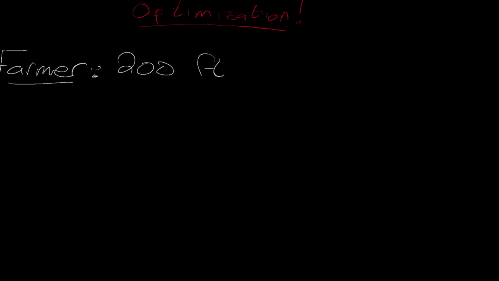Alright, so we're going to do some optimization. So the idea is that we have some constraints and we want to optimize a variable. So for example, let's say that you are a farmer and you go into your shed and you see that you have 200 feet of fence. Ooh. Alright, so you've got some fencing and you want to contain some vegetables or I don't know,